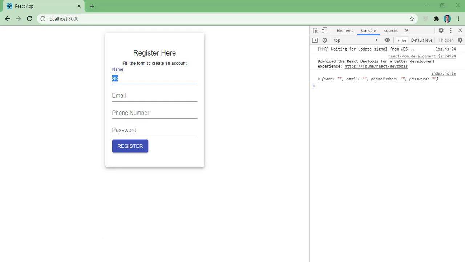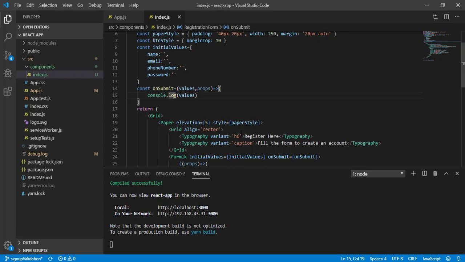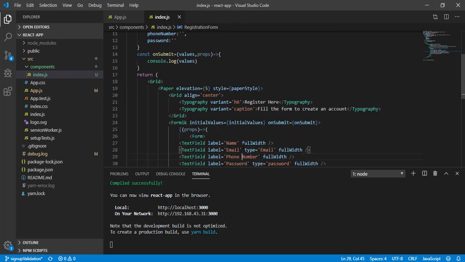So for that, what we have to do is bind two things. First is the value and second is onChange. So now let's come to the input field here and define value. This value is going to come from Formik, because we have already defined the initial state.